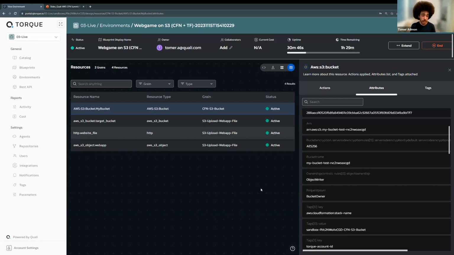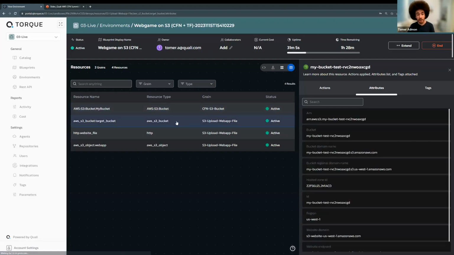Now, in order to use the CloudFormation UI, in order to use AWS Service Catalog, you obviously need an AWS user. Here, you really don't. And this is a really important factor because you don't need to share your keys to the cloud with anyone. So here is something that was deployed using CloudFormation. Here is something that was deployed using Terraform. And as you can see, the experience is exactly the same.